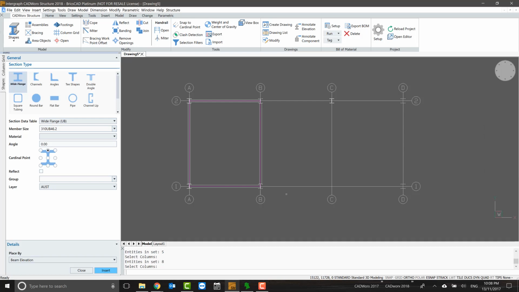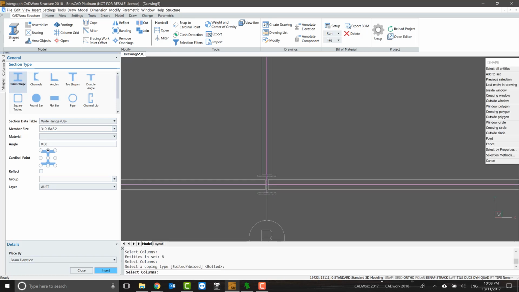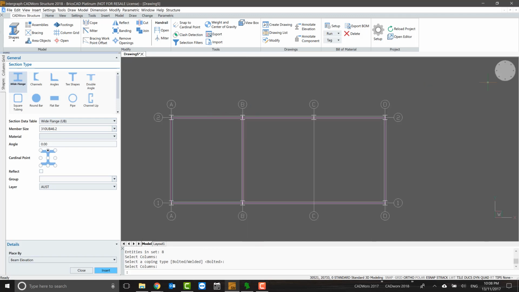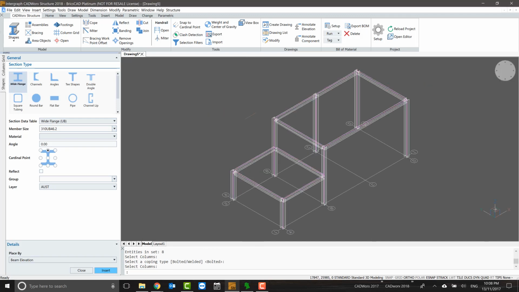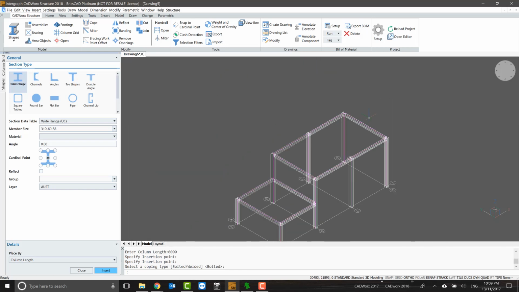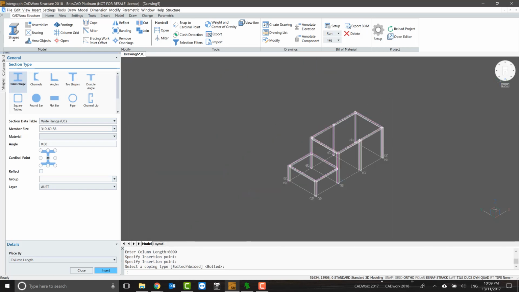And if you have a column in between two columns, then it will cope or trim those beams to suit them. I forgot to put one of the columns there, so this is a perfect example of what you can do afterwards. So let me add another column at 6000 length, and once I select that, it will chop the rest of the beams or crop them to fit the